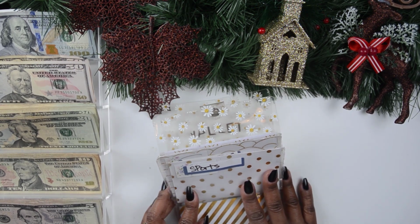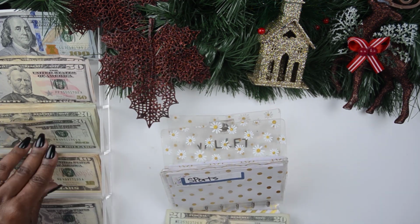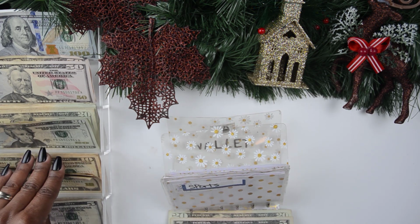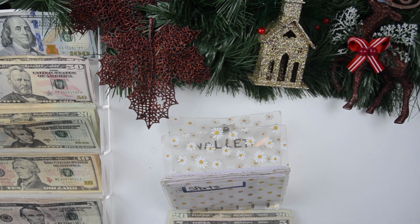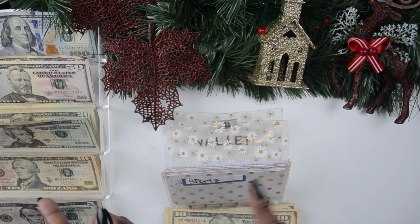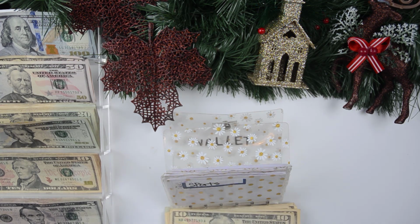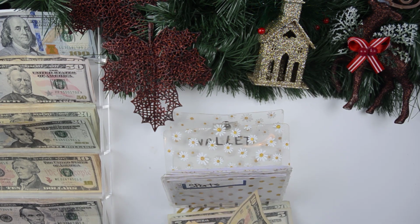Sports will be getting its standard $25, and I am adding an additional $50, and I think I did it in tens. 10, 20. My son, give me a second, y'all. My son has his first basketball game this Sunday. I don't know if there will be any type of entrance fees for the game, but I do want to be prepared, which is why I'm adding this additional